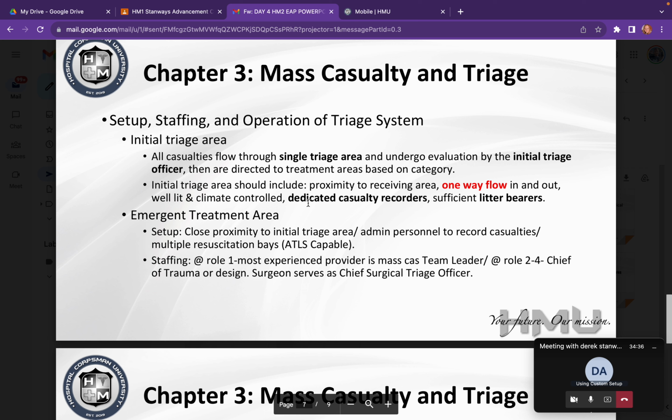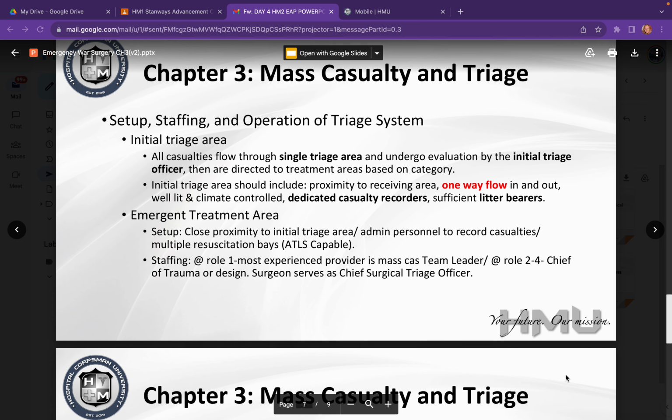Once you get to a Role 3, then you have more specialty services involved and more surgical specialists, where you may have OB-GYN, urology, psych, and a Role 4 would be like your major medical facilities. So like Bethesda, we consider one. Is Landstuhl considered a Role 4? I think it's still considered a Role 3.